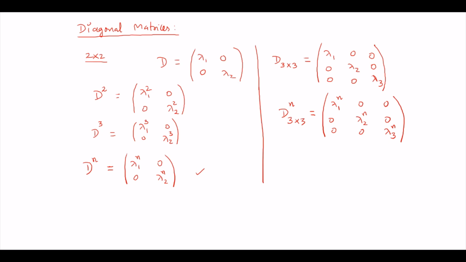So we know that the diagonal entries are the eigenvalues. For a given diagonal matrix, all the diagonal entries are eigenvalues. And one more important property: the advantage of diagonal matrices is, if you want to take the exponential of this diagonal matrix, this is simply, for the 2 by 2 case, e power lambda 1, e power lambda 2, and the off diagonal entries will be equal to 0. Just taking the exponential of the diagonal entries.